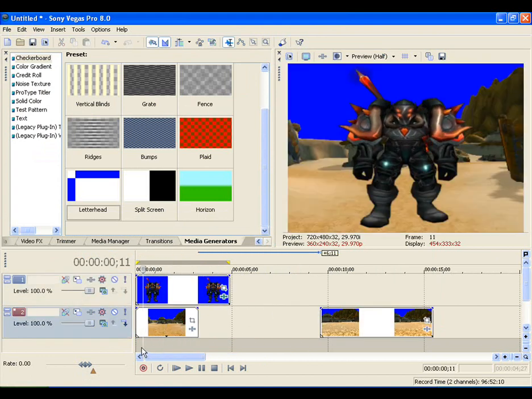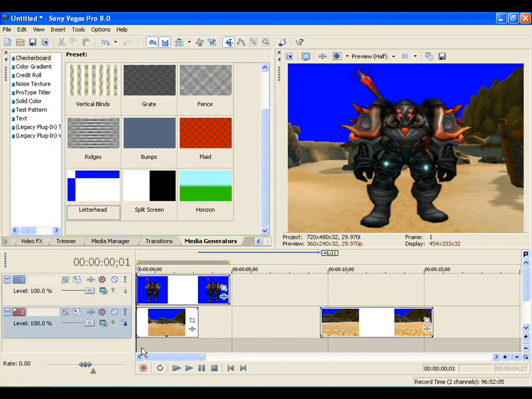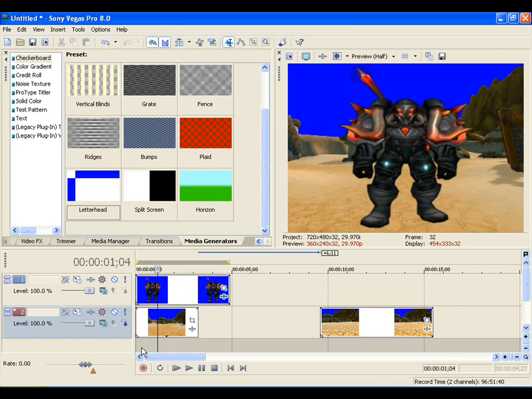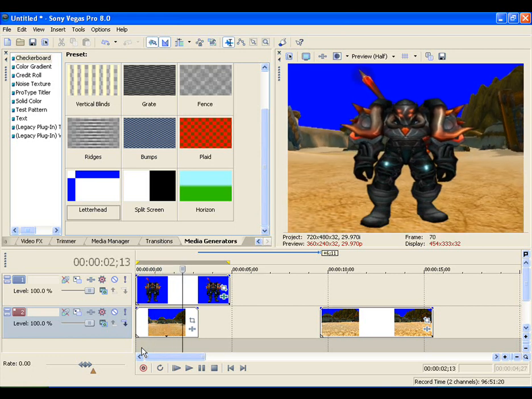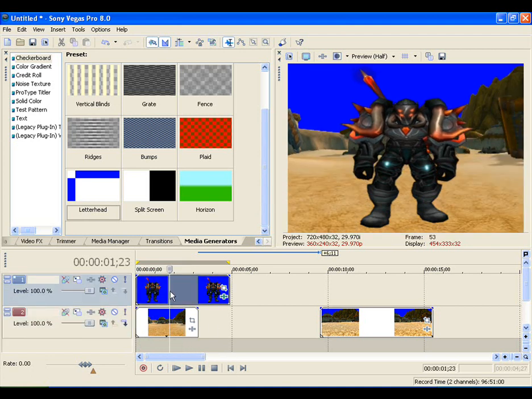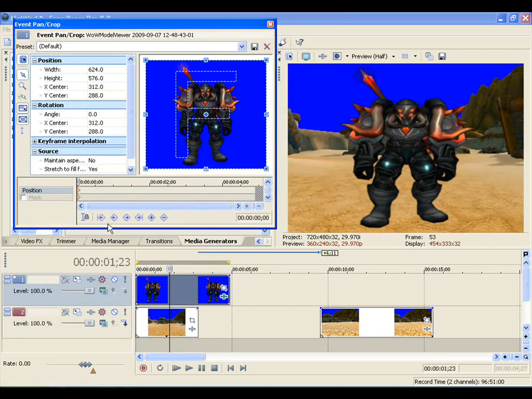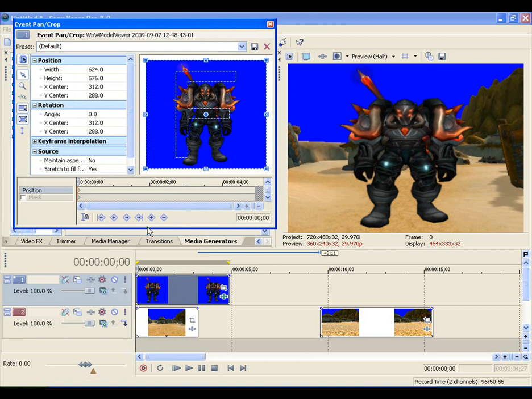And now here's the trick. Now obviously, as you can see when the footage plays, the orc is just standing in one place. Really, he's not doing anything. So what you need to do is click on the orc footage, right click, video event pan and crop, go to the first frame,